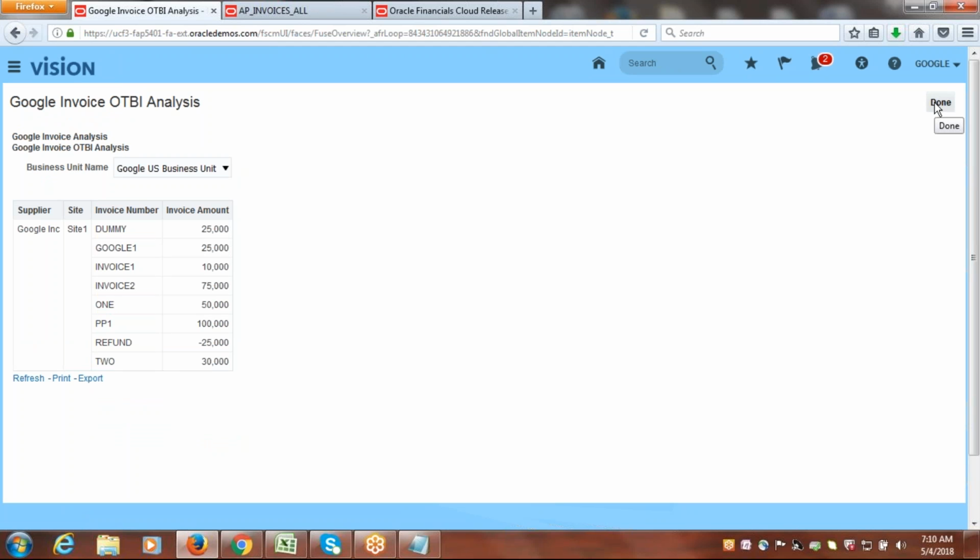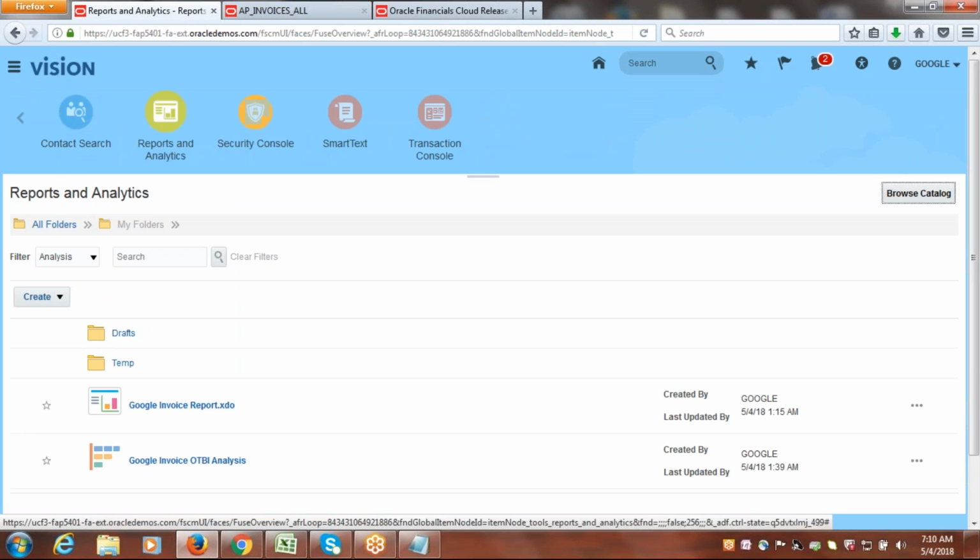Here there is no option to write the queries. For simple analysis purposes we can use the OTBI. Primarily the reporting which we use is BI only. So here when you look at this reporting also,